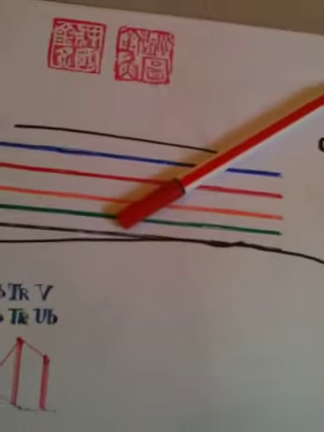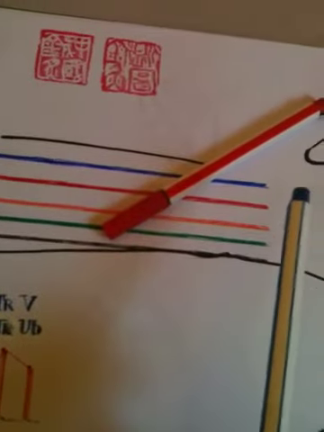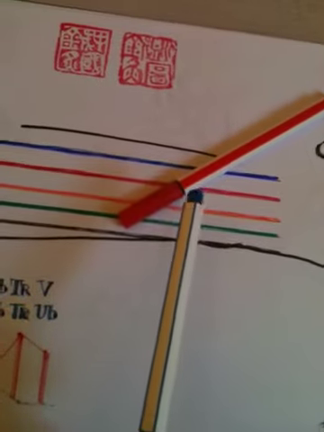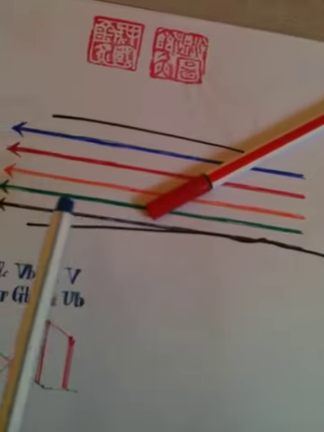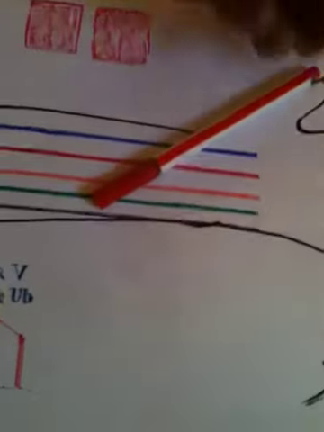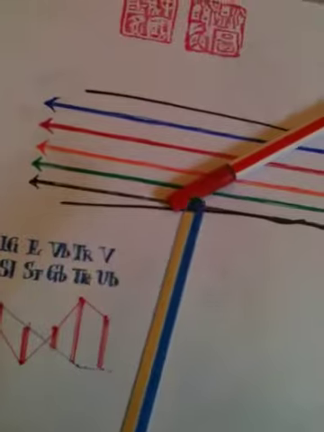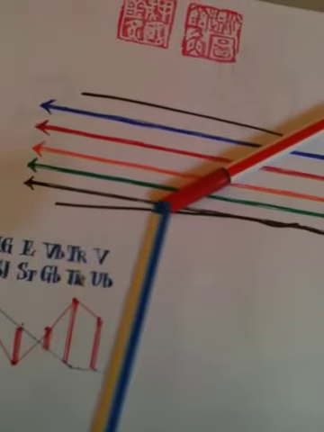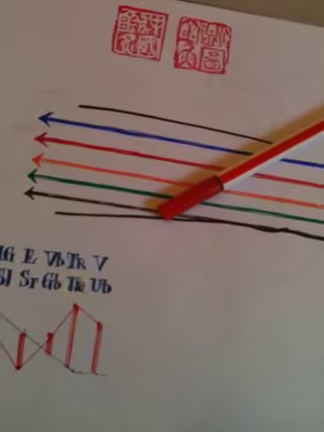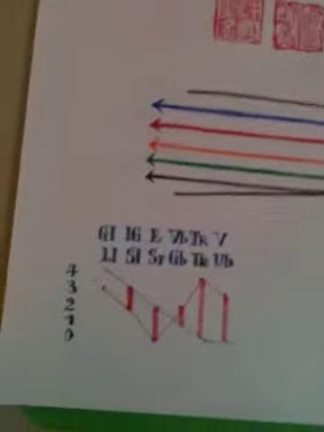So, the direction of the flow of qi: from the metal it will go down. We will insert it very deep till the bone. It will go deep down till the water, from the metal towards the water. The same we will do in the